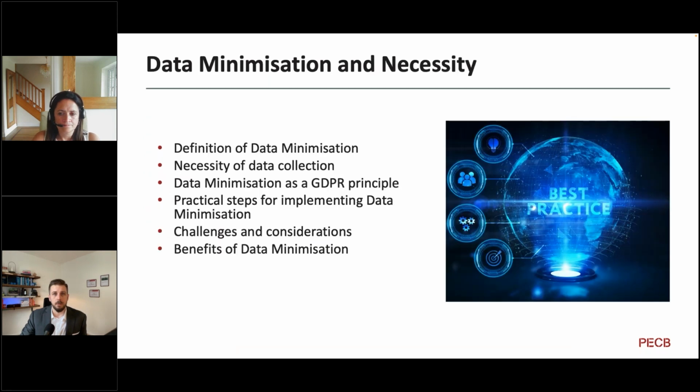Okay, data minimization. Again, this is a topic that Lisa touched on. Not only is this great in supporting GDPR, but it's also going to simplify everyone's life and the entire organization if you take a data minimization approach. What this really means is that if you don't need the data that you're collecting, then it's best not to collect it, especially later on when it comes down to compliance with privacy regulations.